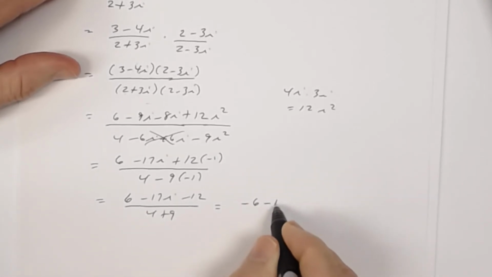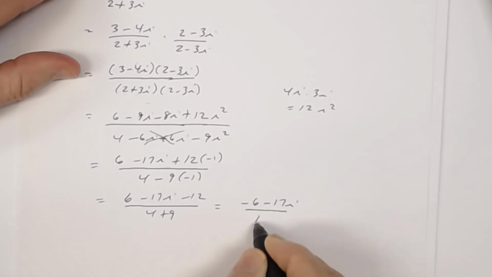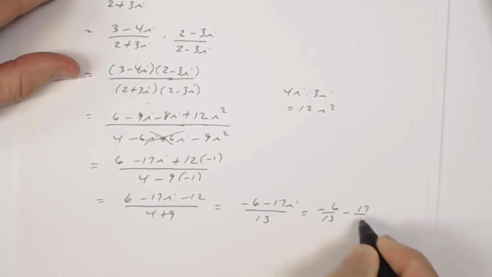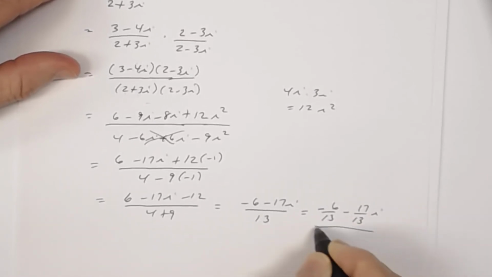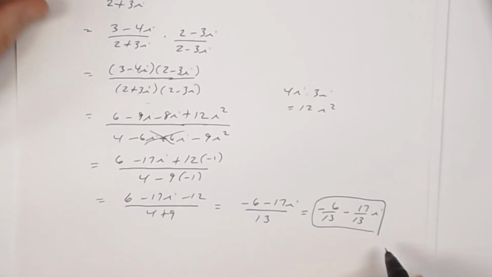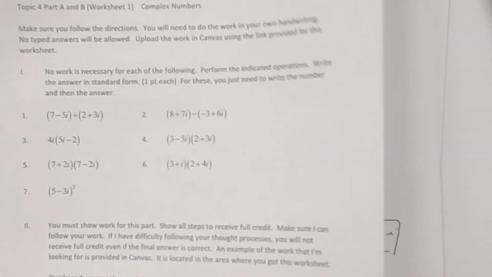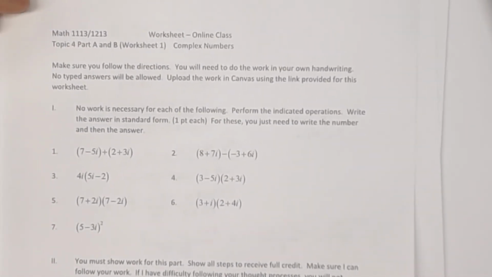I get negative 6 minus 17i, divided by 13. And then writing that in standard form, I get negative 6/13 minus 17/13 i. And so that is the answer to number 10. So that is the key to this worksheet, topic 4, parts A and